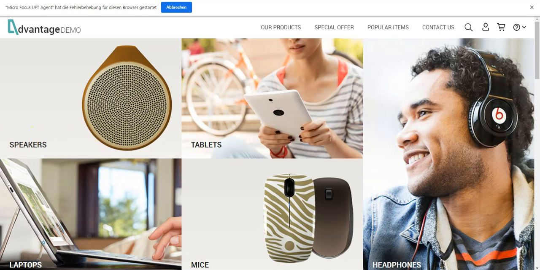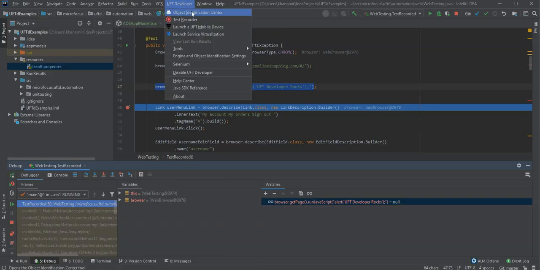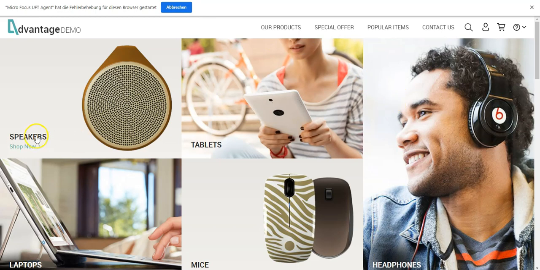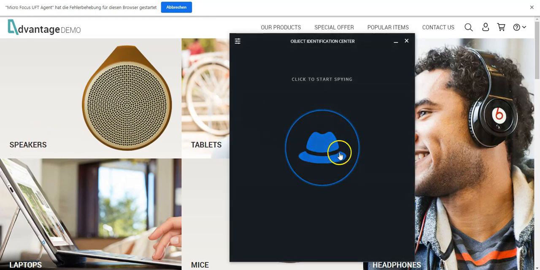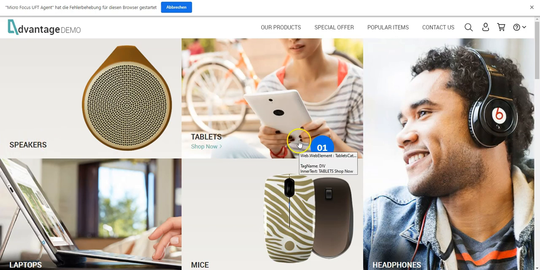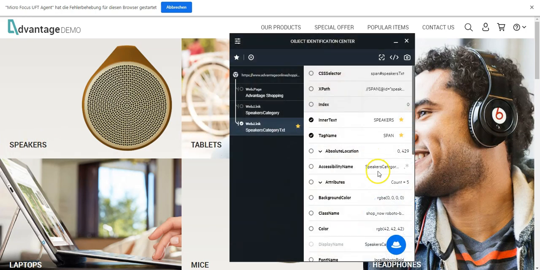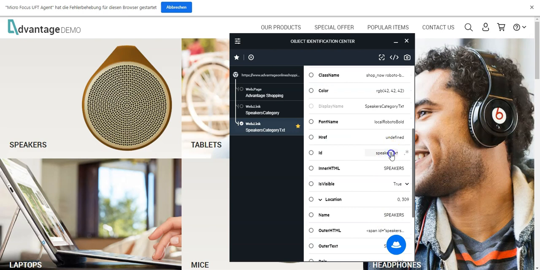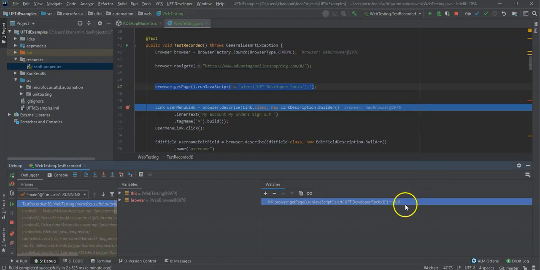So let's go into UFT Developer, get the object identification center, and see how this object is identified, by which ID. The ID of that object is speaker's text. And what I will do now is try to manipulate this using JavaScript. So let's go here and say